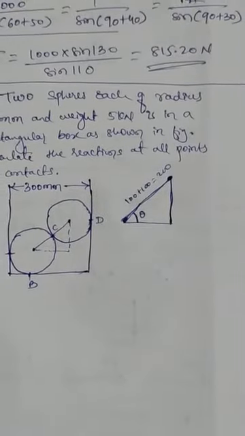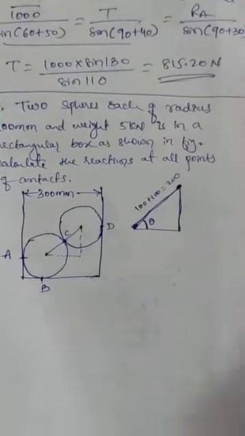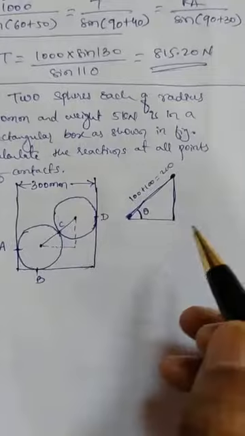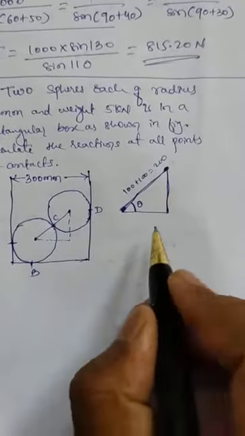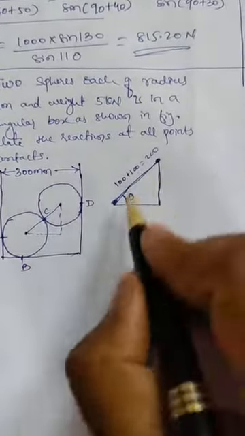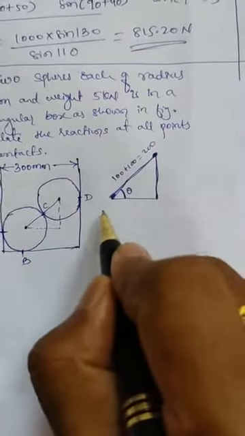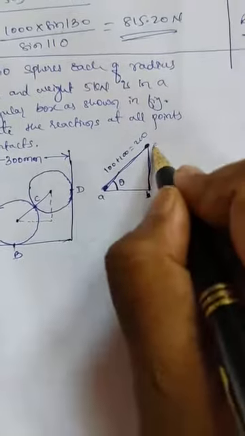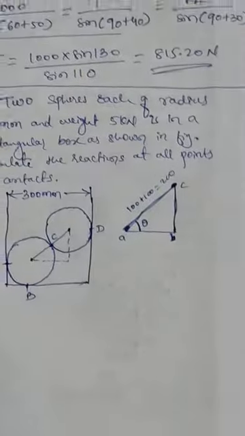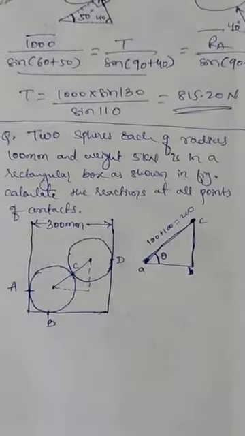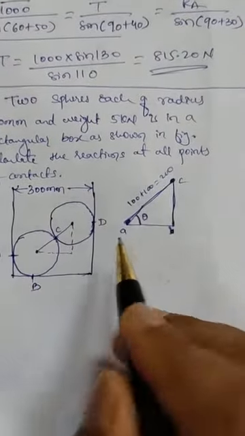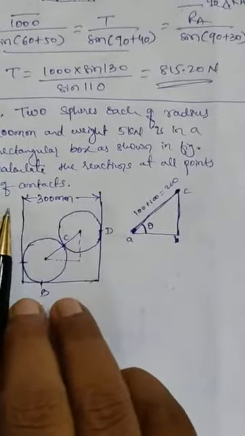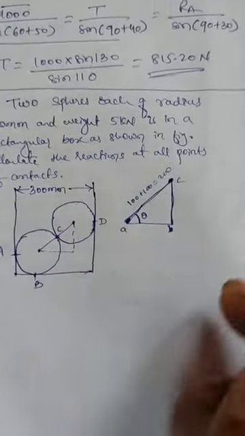Which side can be calculated? Now look here. The width of the rectangular box is given, which is 300. Now I will label the points. A, B, C, D are already used, so I will take small a, small b and small c. Small ac is known, whereas we want small ab, because from this given geometry we can calculate the base of this triangle.